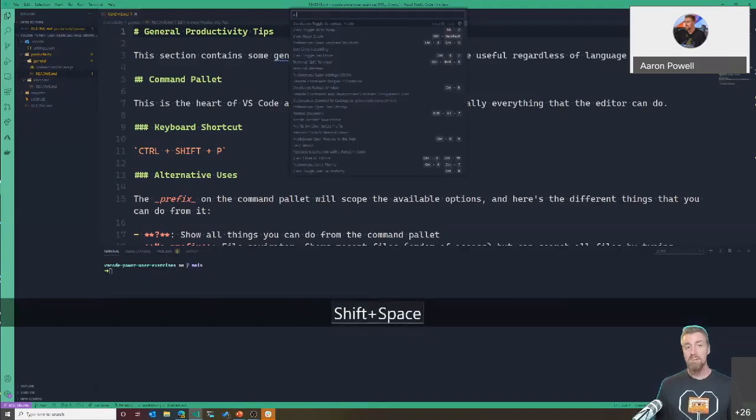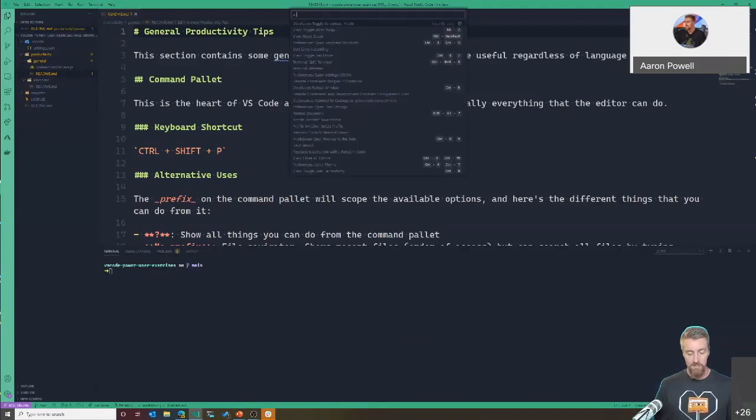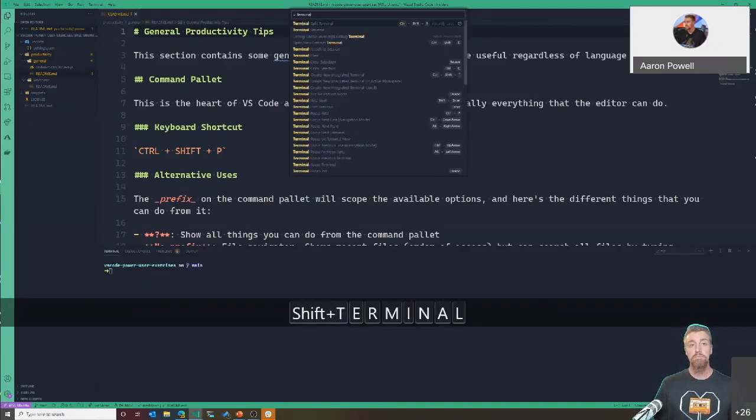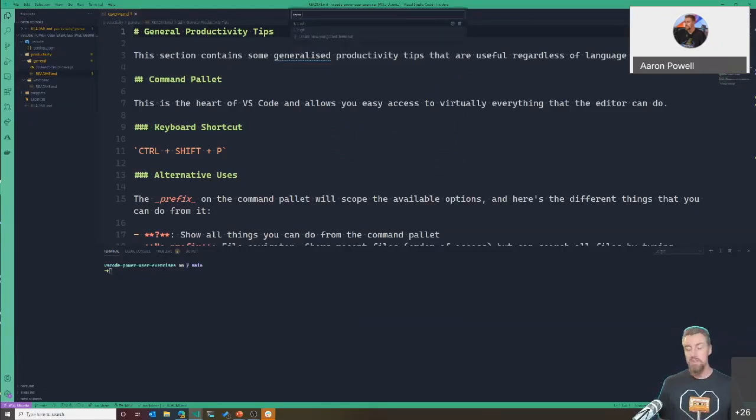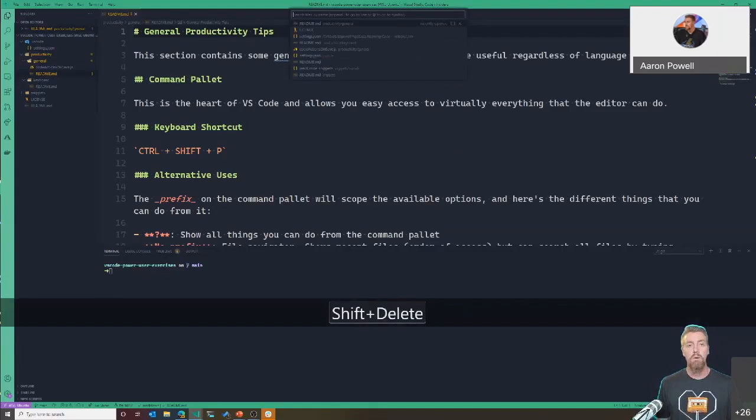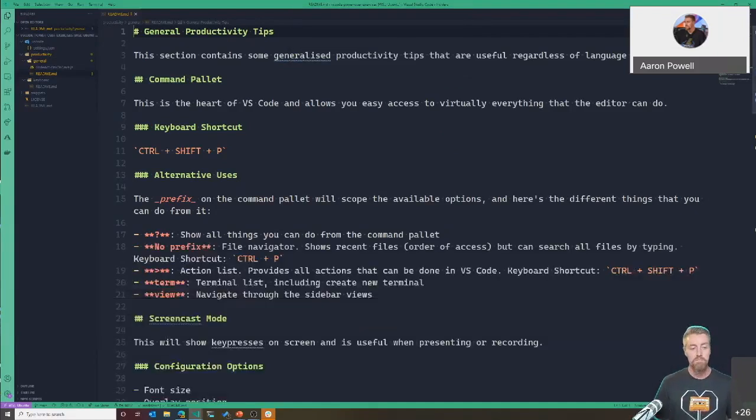Well, from the actions, so back to that greater than symbol, I can type terminal rename. And let's rename this one, we'll call this Git. And now if I go back to term, I can see that name is in there. And if I type Git, it navigates through to the correct terminal. So this now can navigate up and down quite easily. And again, just optimizing the ways that we can work with our terminal and our editor itself.